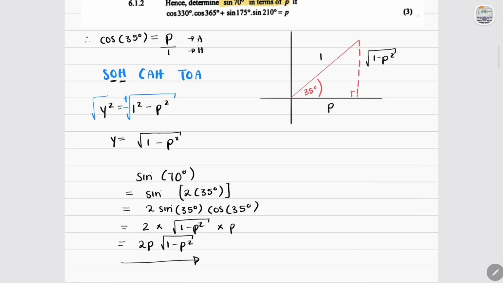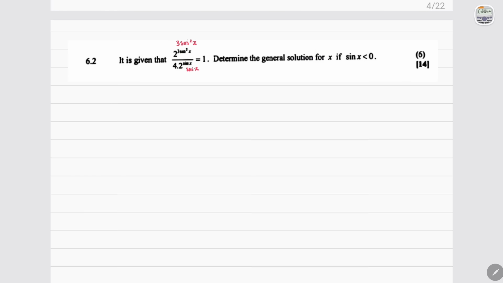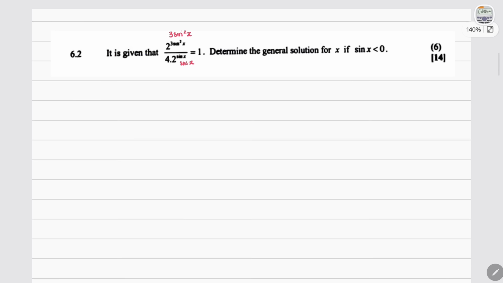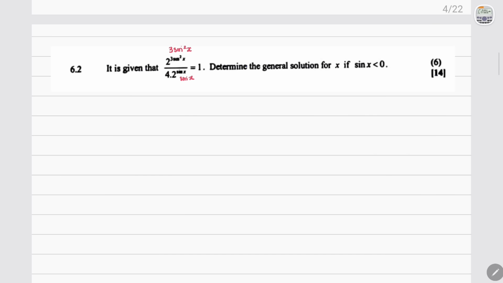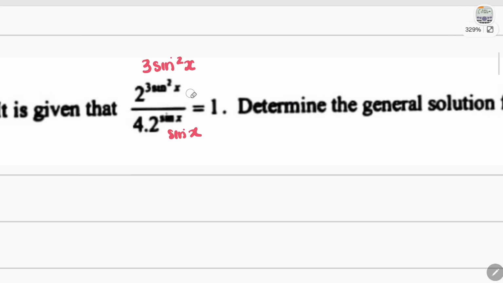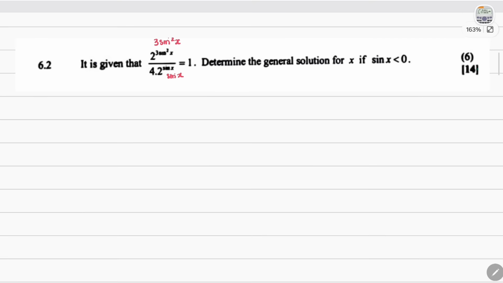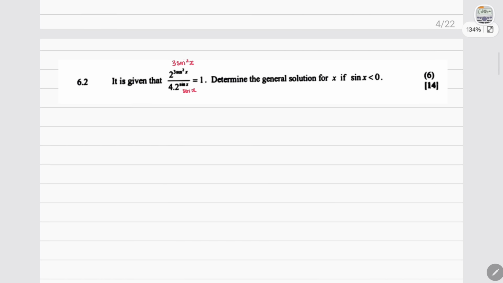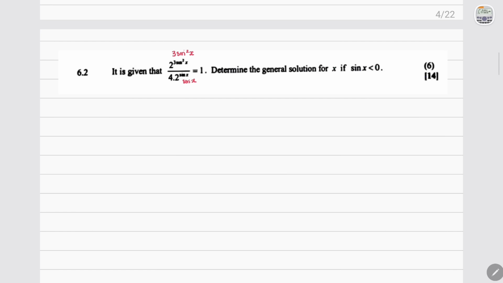Okay, so moving on to the next question. Question 6.2 says, it is given that, and I just had to emphasize that because when it was scanned, it smudged out. So 6.2 says, it is given that 2 to the power of 3 sine squared x